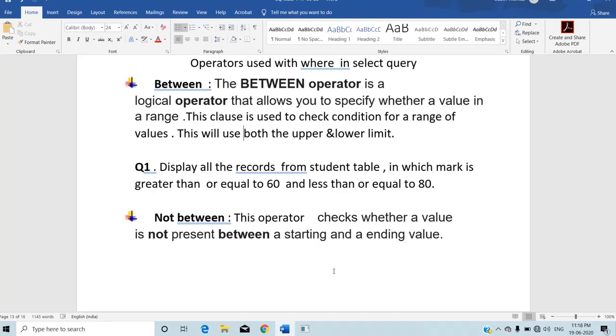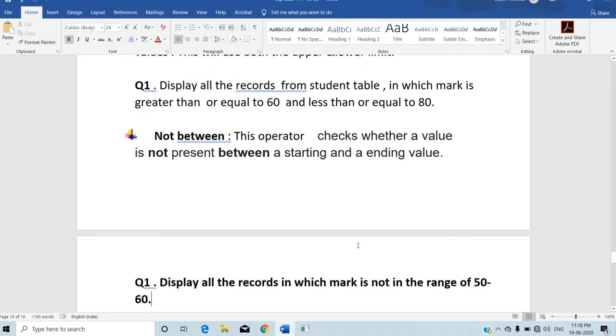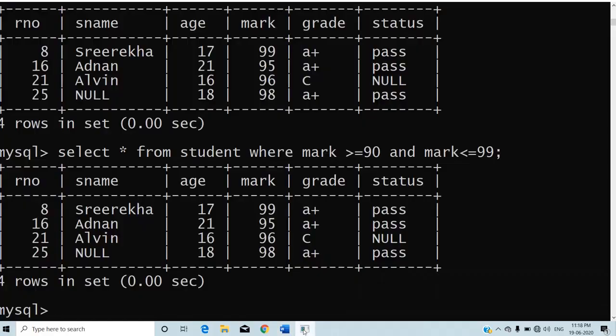Then, I will show you one example. Display all the records in which mark is not in the range of 50 to 60. Here, I am going to check whether the mark is not in the range of 90 to 95.